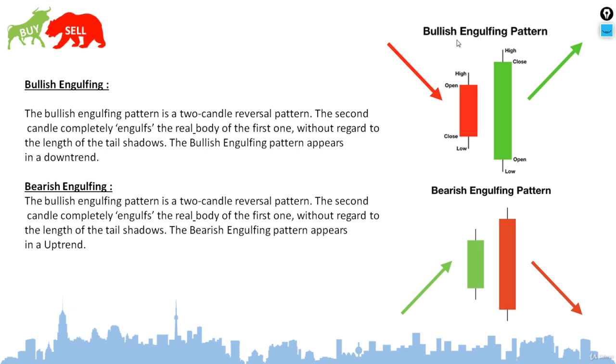The second candle completely engulfs the real body of the first one, without regard to the length of the tails or shadows. The bullish engulfing pattern appears in a downtrend. So this is the bullish engulfing pattern. We have here a candlestick, and the next candlestick will engulf the entire body of the previous candlestick. This is what we call a bullish engulfing, and it is usually a signal of trend reversal,